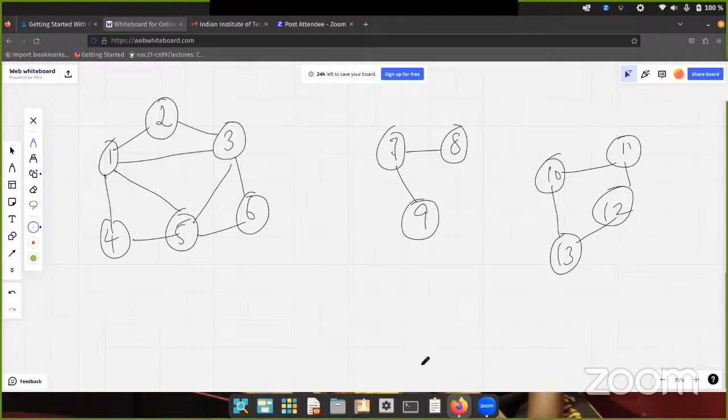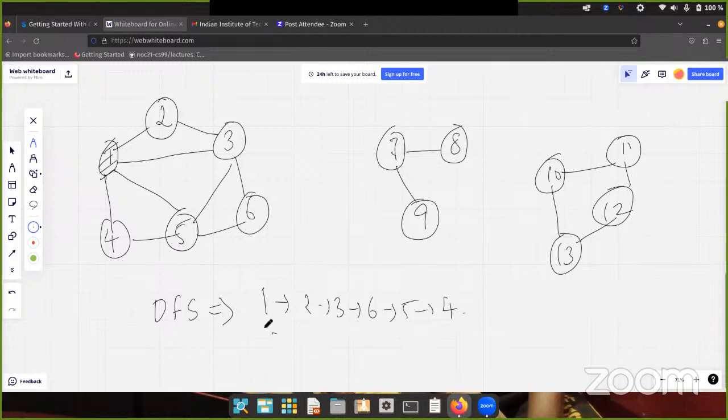So these are my connections. Now if I start with vertex 1, my DFS will return 1, 2, 3, 6, 5, 4. So this is what my DFS will return.